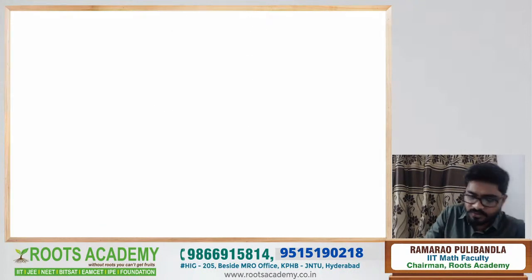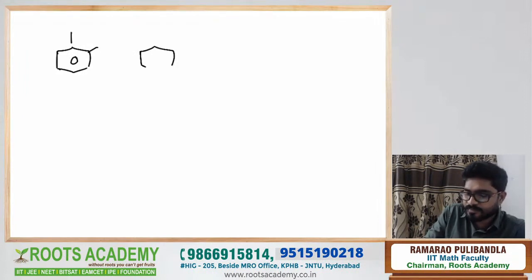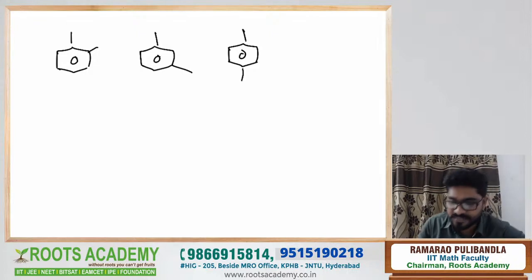Here also, as we have just seen, methyl groups are on the benzene ring. 1,2, 1,3, and 1,4 are all position isomers. I think we know this is called ortho, this is meta, and this is para. Further, we'll see more clearly. These are the different isomers. This is all about position isomerism. I think you all know it very well. Next, come to the next part, functional isomerism.